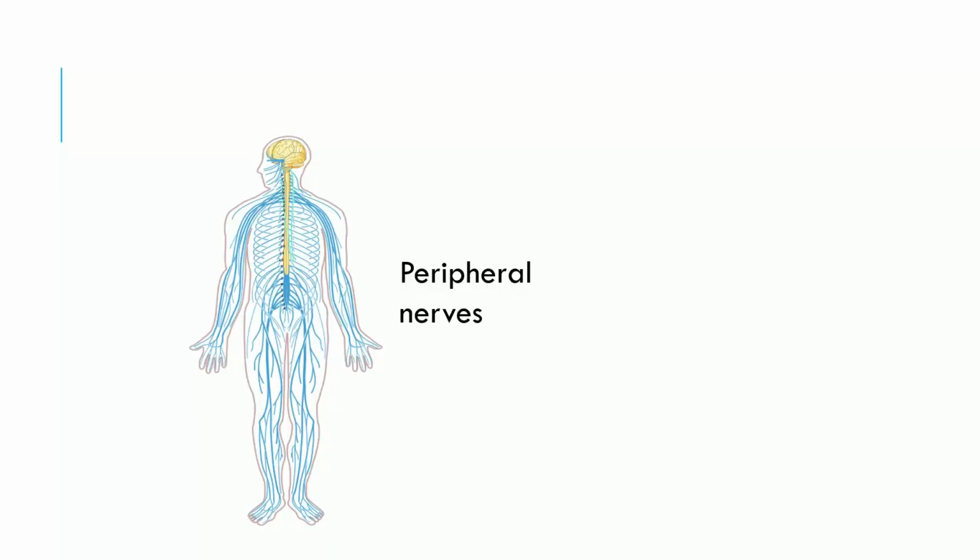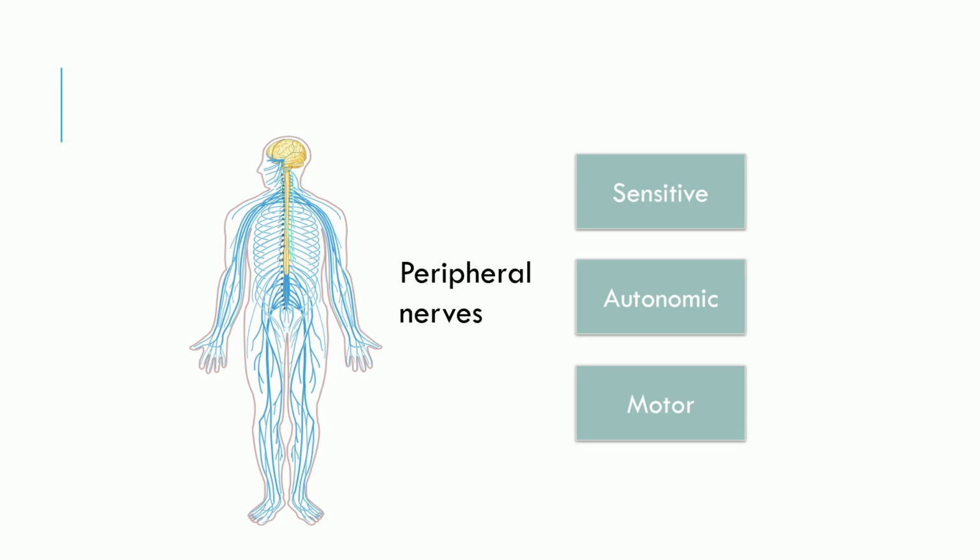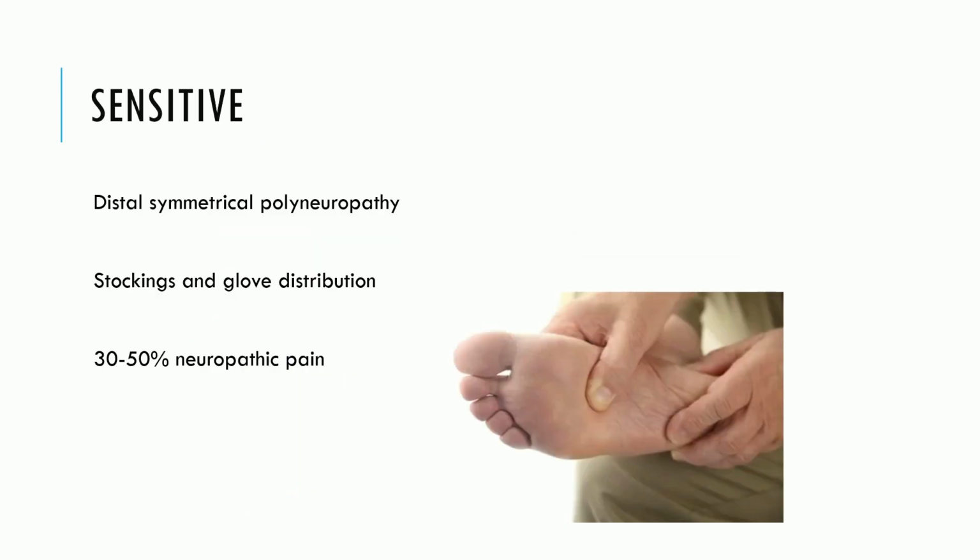As we said in the previous video, diabetic neuropathy is a disease of the peripheral nerves, and we have three main types: sensitive, autonomic, and motor neuropathy. Each of these types will have very specific manifestations. First of all, if we see sensitive neuropathy, we're going to find distal symmetrical polyneuropathy. This means that we are going to find this neuropathy in the furthest parts of our body. So it will probably start in our toes, then our feet, and then our legs, and finally in other distal